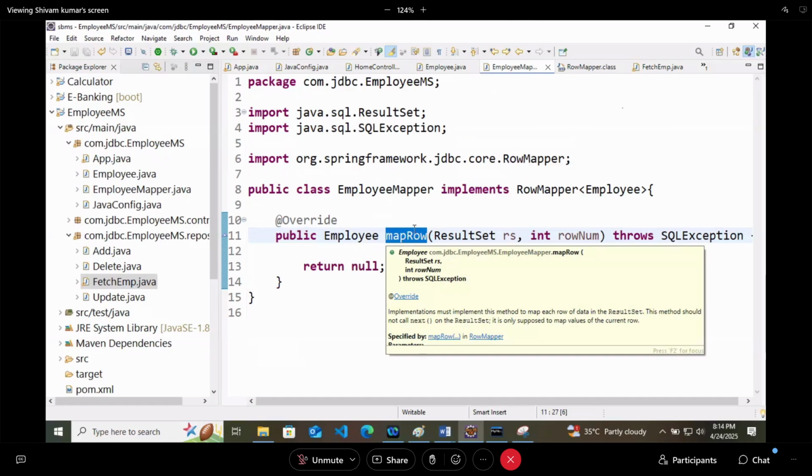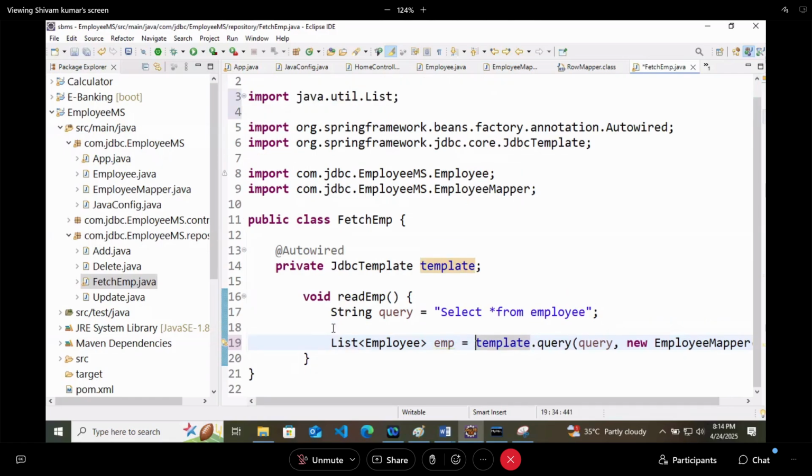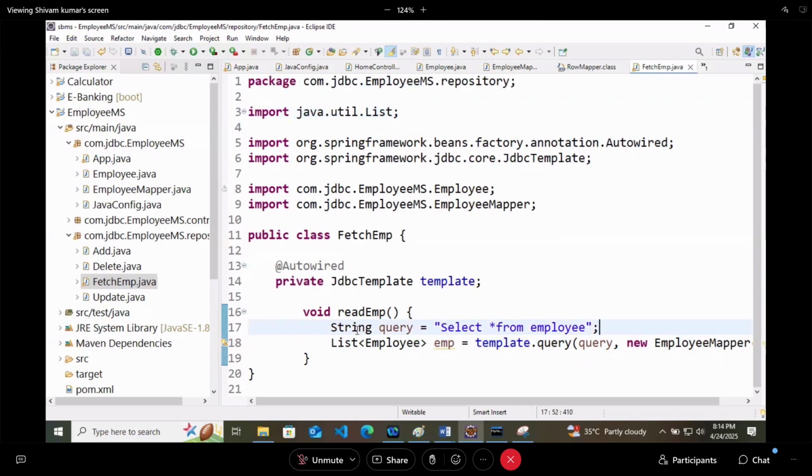In fetch employee, we are doing this part, and this particular method will return the list of employees. You can import List from java.util. Now when you got the list, this is only half done, not completely done.